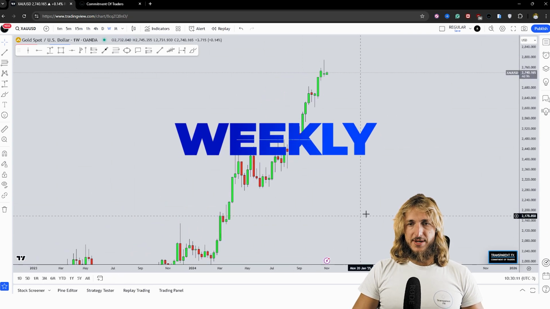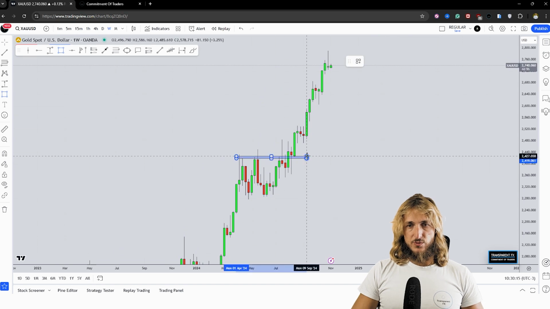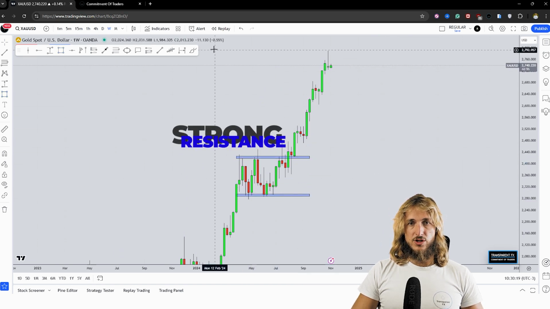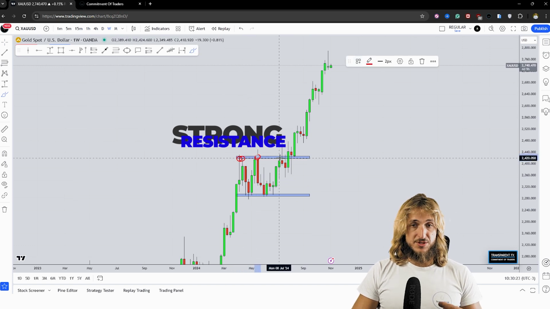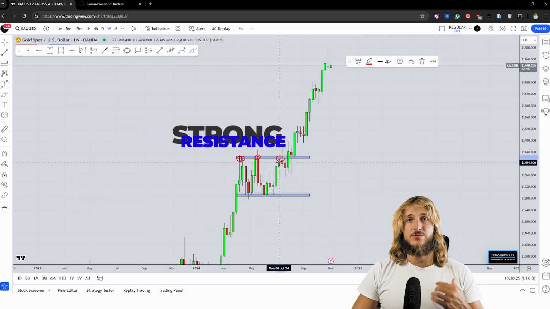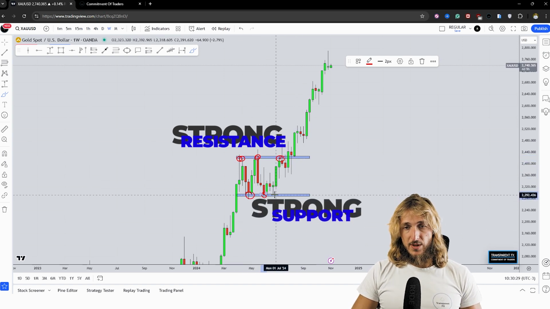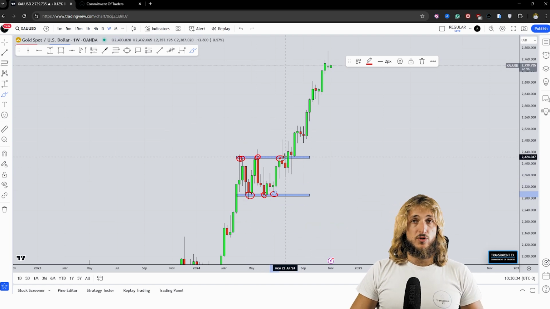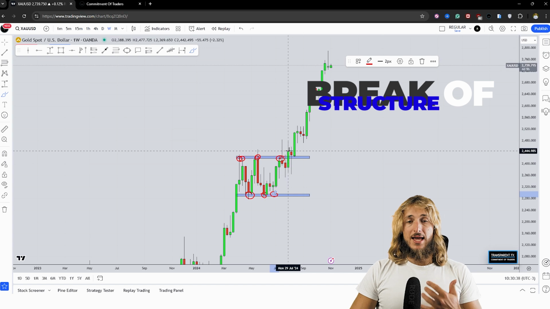Now, from a weekly perspective, the structure is quite clear. We have a market which first was moving in this range. We had, in fact, the top of the range lining up at this area, which in fact was respected as the top of the range, so as resistance in multiple occasions. And at the same time, we had the bottom of the range here acting as support and respected as support in multiple occasions. Then we had the break above the range with this green candle,